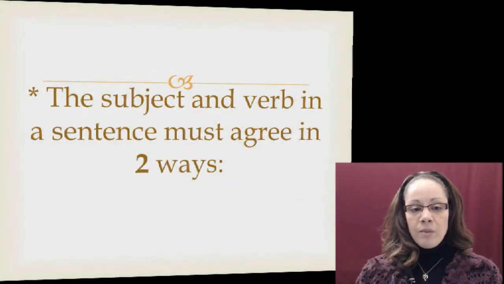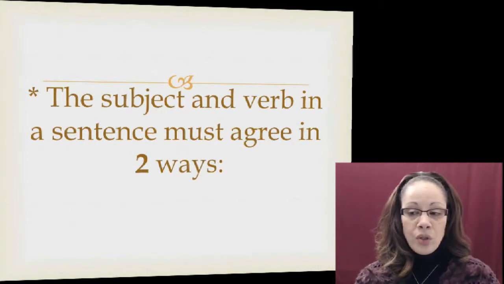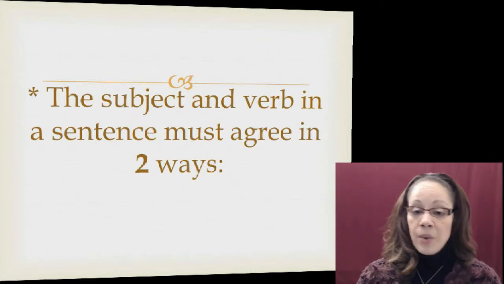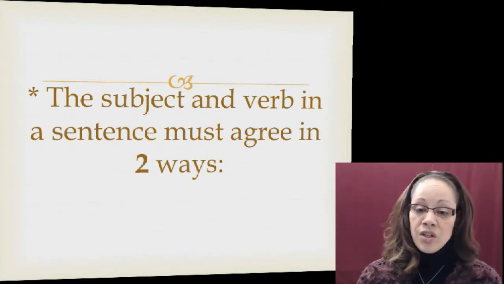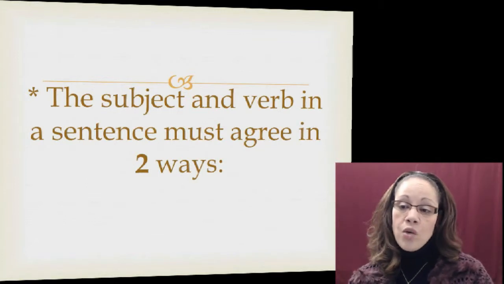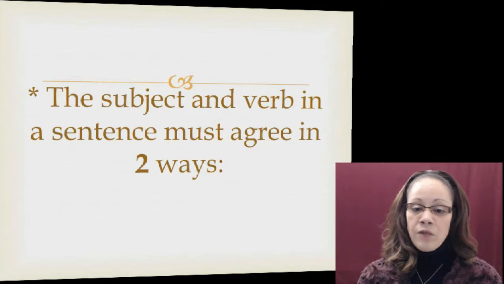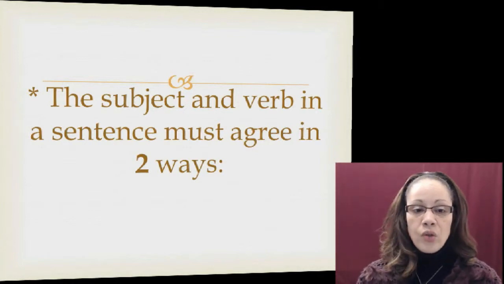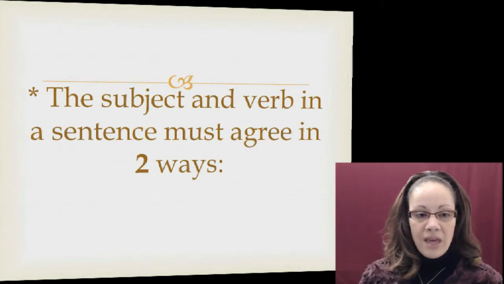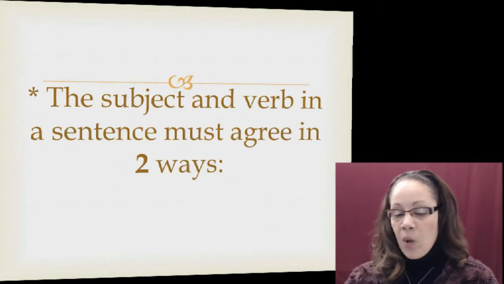So the subject and verb in a sentence must agree in two ways. And if you remember in module number 2, I showed you how to actually find subjects and verbs in sentences. So this shouldn't be that difficult for you to continue on with that particular lesson. And now since we know what subjects and verbs are in the sentence, we have to make them agree or match. And there are two ways that a subject and verb must agree or match. One of the ways